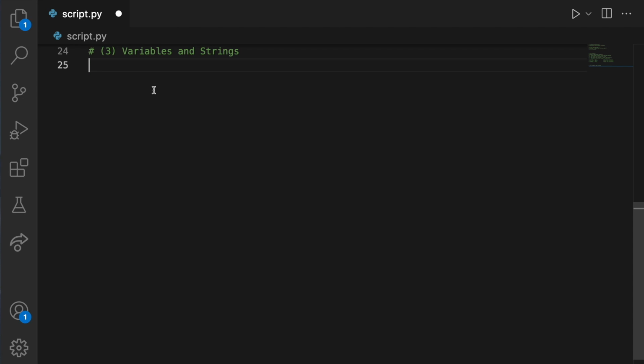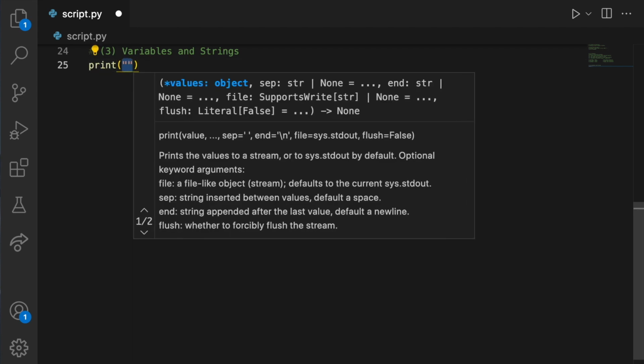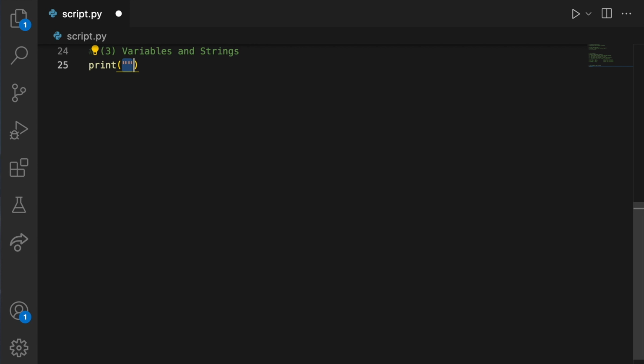If you remember, we had the print function from earlier, and we said that the print function takes an input, which we call an argument, and we had the message, hello world. We call this entire thing a string, and more specifically a string literal. Now this literal word we'll come back to later on, but basically it's a string, or rather a sequence of characters